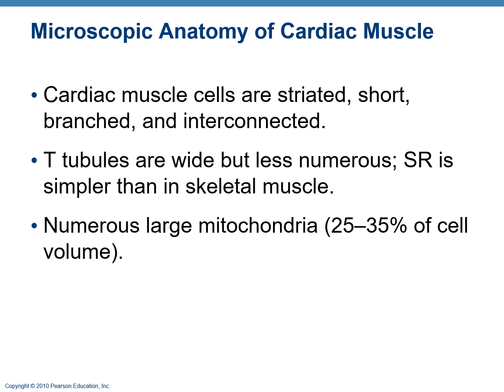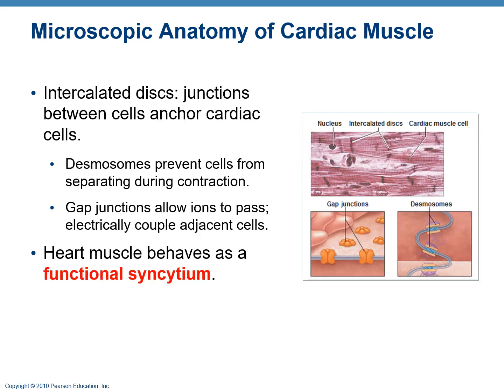In skeletal muscle, we want the different motor units to contract asynchronously to prevent muscle fatigue, whereas in cardiac muscle, we want all of the cardiac muscle cells to contract synchronously, to have that wholehearted contraction. Similar to skeletal muscle, because muscle in general is very metabolically active, cardiac muscle has a large number of mitochondria as well. An important feature of cardiac muscle that you may remember from A&P1 is the presence of intercalated discs between